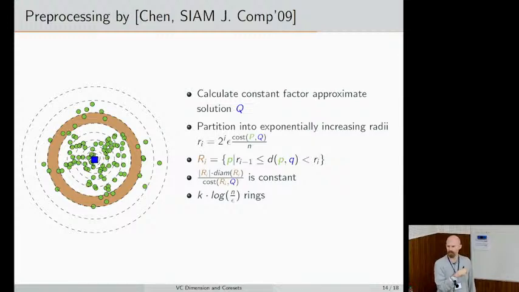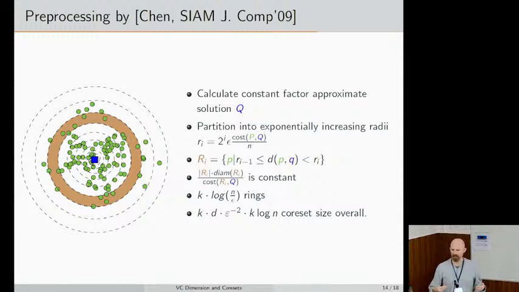I need to now do this for every possible ring that I'm considering. The number of rings is like log n for every center, because you're starting at this value, and you can go at most up to the cost. So that's like log n many steps, since I'm increasing them exponentially. And I have to do this for every cluster of the optimal or approximate solution, so that induces k log n many rings. So the overall core set size, if you ignore polylog factors, is just the correct bound times k log n.